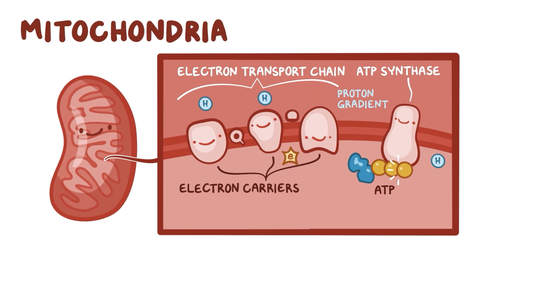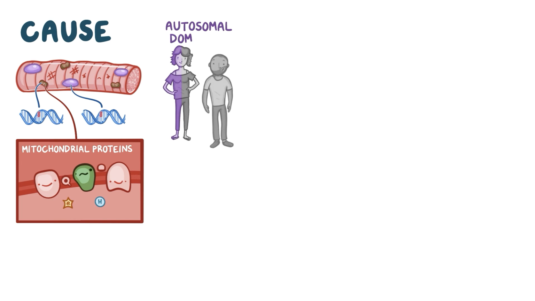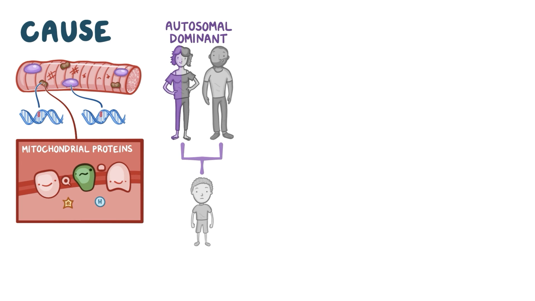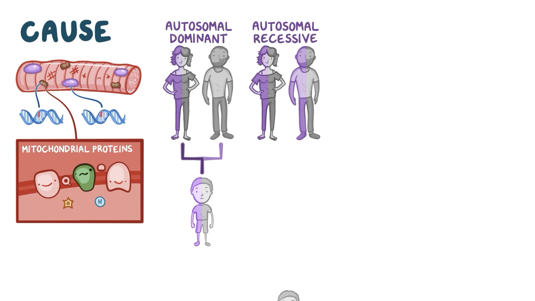ATP. Primary mitochondrial myopathy is caused by a mutation either in the mitochondrial DNA or nuclear DNA, which results in the abnormal production of mitochondrial proteins, impairing the function of the electron transport chain. Mutations in the nuclear DNA are commonly inherited in an autosomal dominant fashion, which means one mutated gene is enough to cause the disease, or autosomal recessive fashion, which means two mutated genes, one from each parent, are needed to